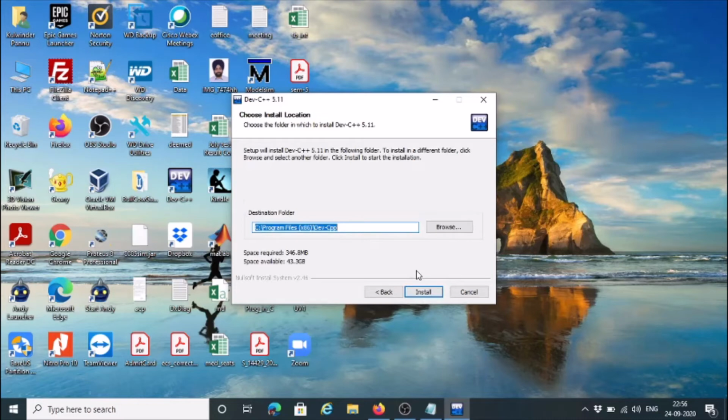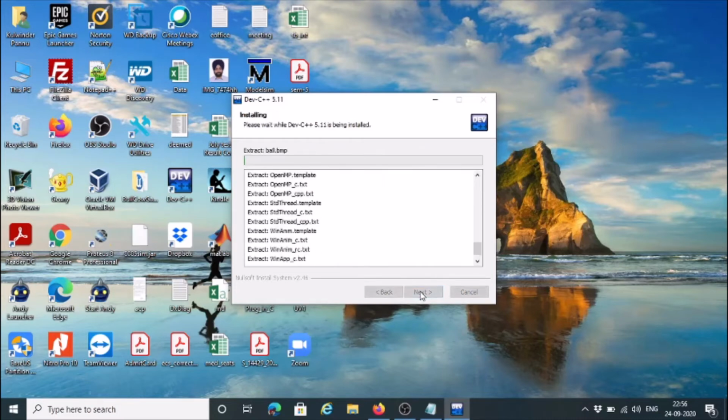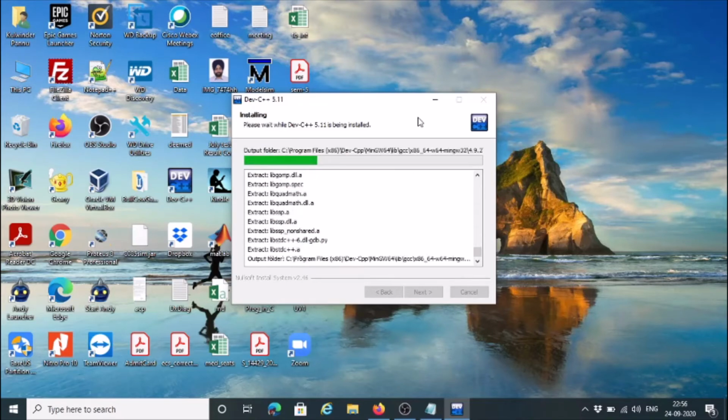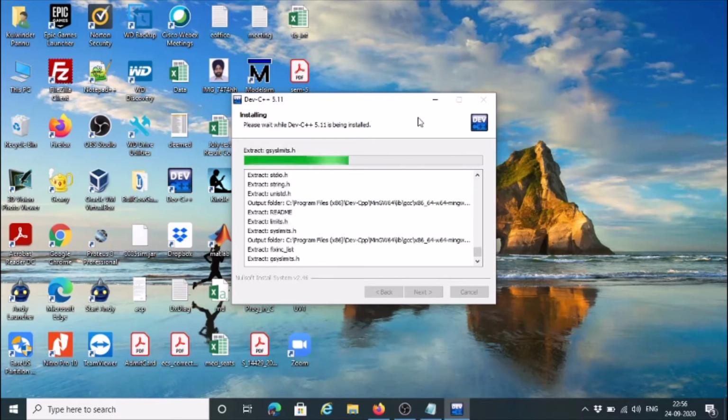Leave the default installation path as it is, click install. So it will take 1 to 2 minutes to complete the installation process. Dev-C++ is a complete integrated development environment, and most of our programs will run in this software.